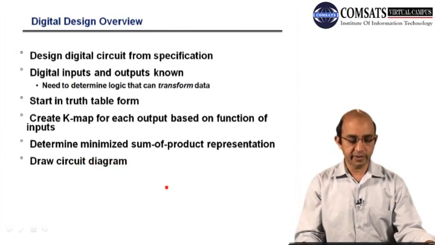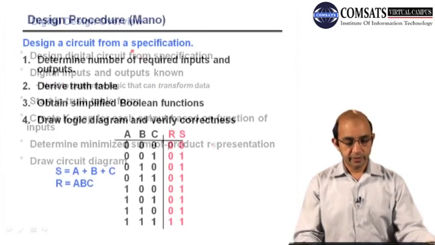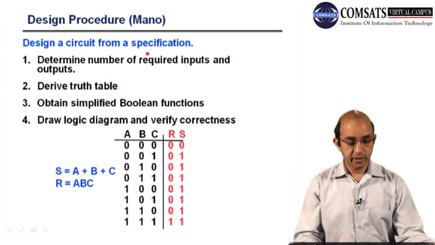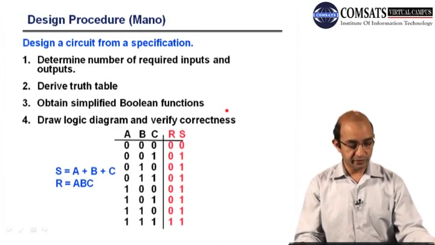If you talk about the circuit design, we need to go through a certain number of steps. These are the design procedures. We need to determine the number of inputs and outputs, then we can derive the truth table, and from that truth table we can obtain the Boolean function, and finally we have to draw the